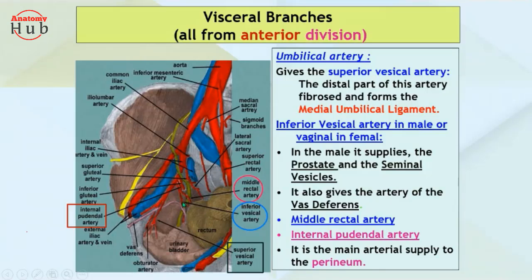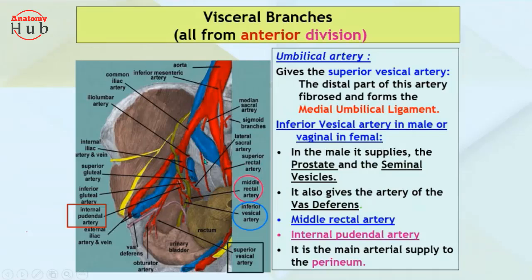Like that, you'll find the uterus and ovary, right? So the uterus will take blood directly from the abdominal aorta, and it will also take branches from the internal iliac artery. How does it happen? See, from this abdominal aorta, you will find the gonadal artery in common. But in male, it will be known as your testicular artery, and in female, it will be known as your ovarian artery.